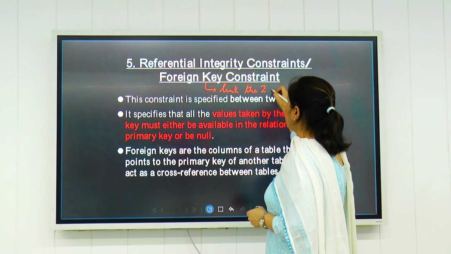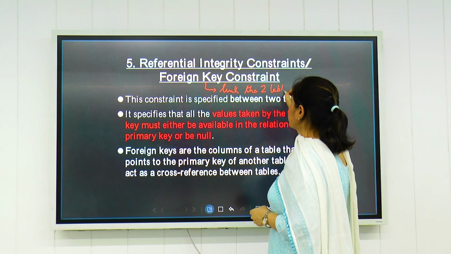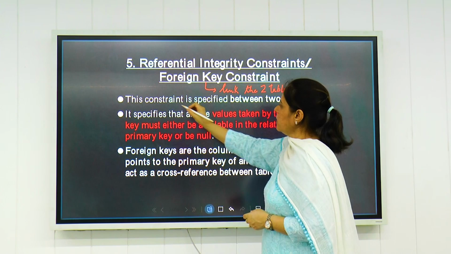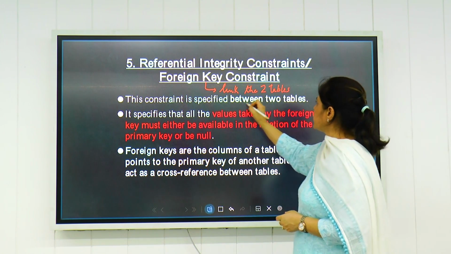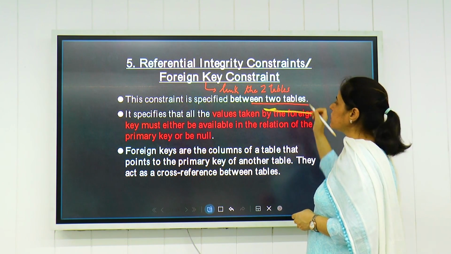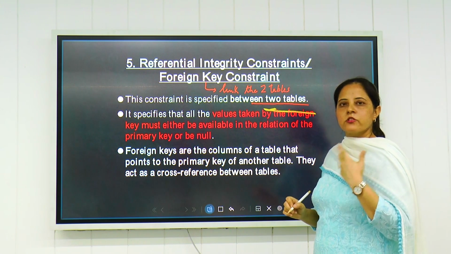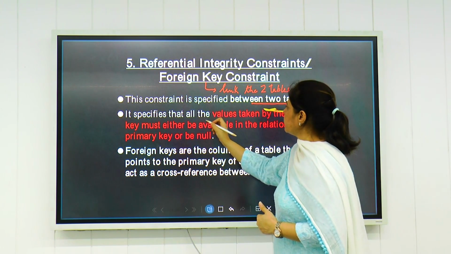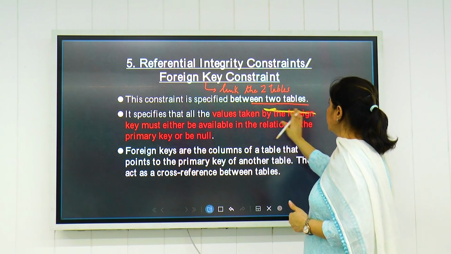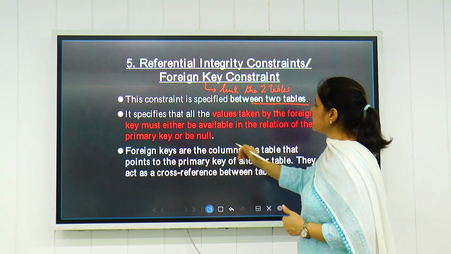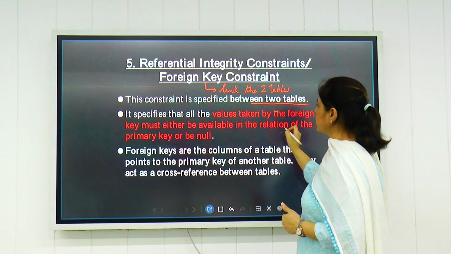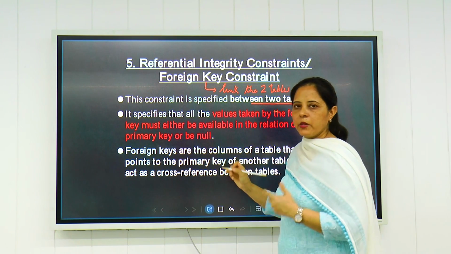So if we are to link two tables, we use the concept of foreign key. This constraint specifies that the values taken by the foreign key must either be available in the relation of the primary key or it can be null.